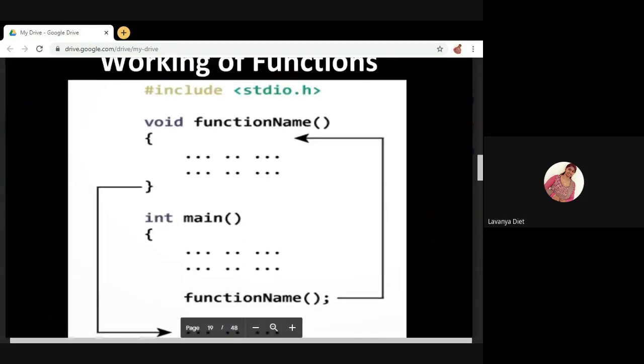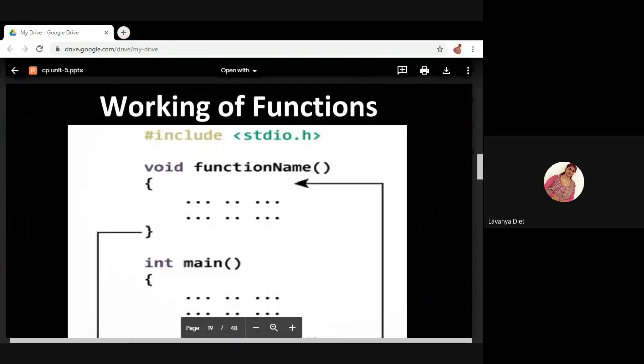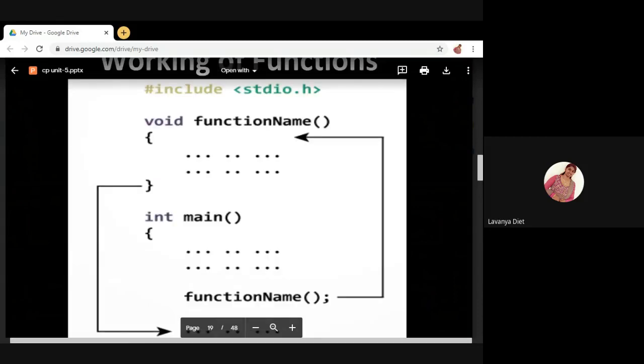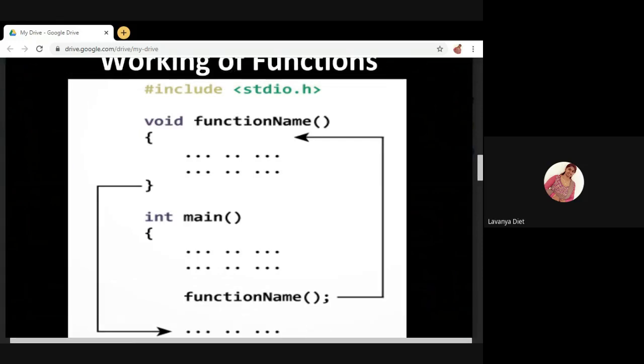Let us see the working of functions, how functions will work. This is very important. See here, already I have said, this is a function name itself. In the parentheses, I didn't pass any information. There is no information passed. Here the dots represent that there are some statements inside the function.